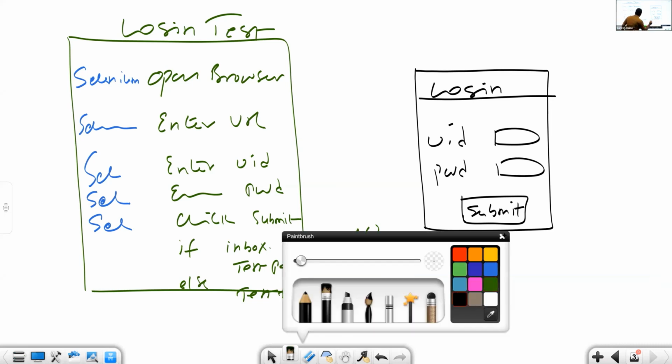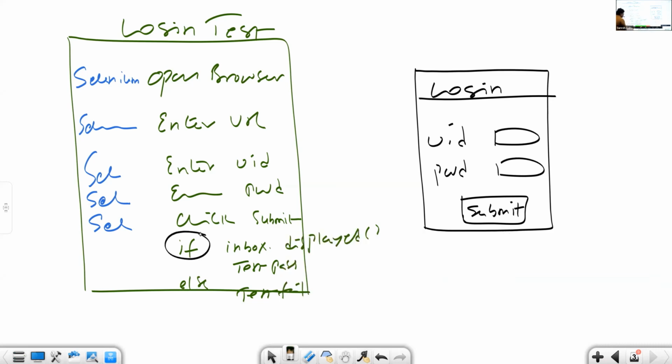My question: do we have this if condition in Selenium? No, we don't have it. It is a Java feature. Selenium is not a programming tool. We don't have an if condition in Selenium. Here I have to use a Java programming feature, the condition statement. Similarly,